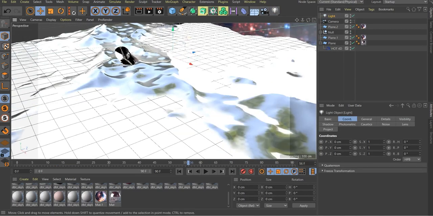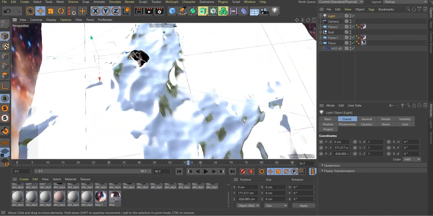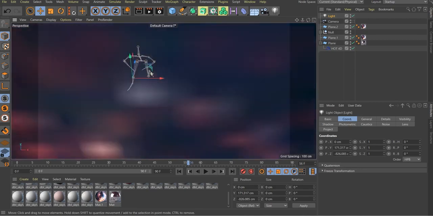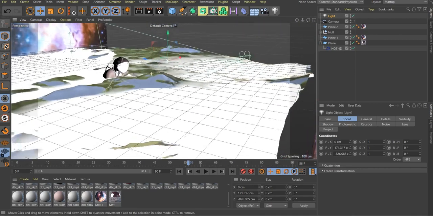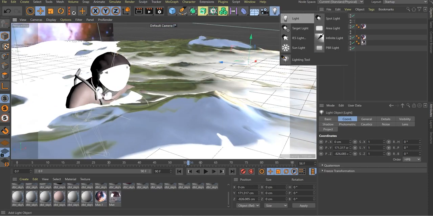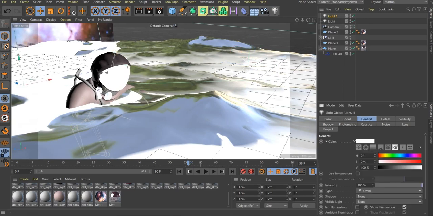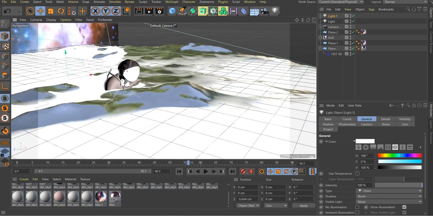You can also add some light of your choice. You can change the color of the light as well. Go to light option, then new light, and go to general property and just change the light. As you can see, you cannot see it right now because I haven't changed the color. Just need to change the color.